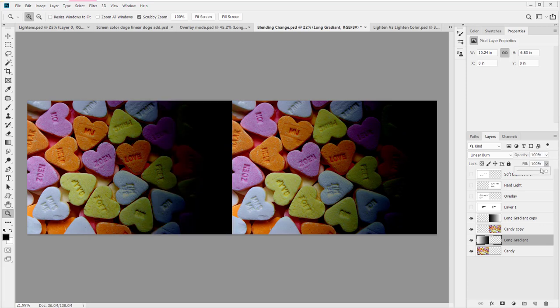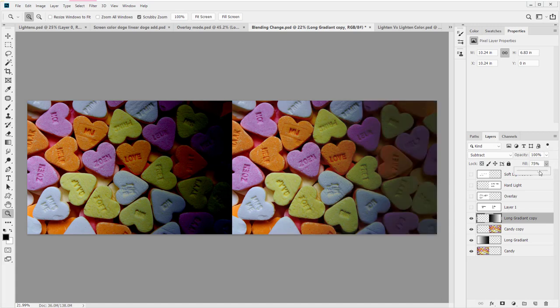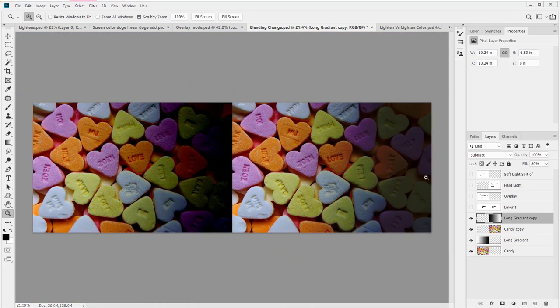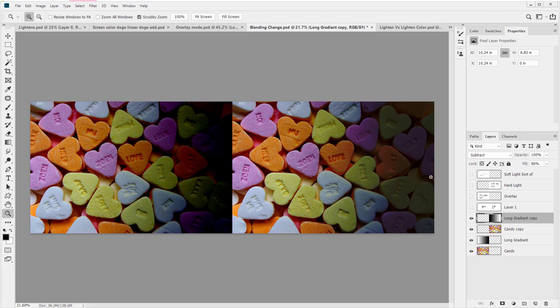So let me show you the difference. Let me go ahead and tone down the effect. We'll just put this at around 80% or so. And let me go ahead and just drop the opacity essentially on the other one at around 80% or so. See how this has more of a vibrant calculation going on, whereas this one is just some now gray being put over everything else. So that's not to say that subtract doesn't have its place, it's just that its place